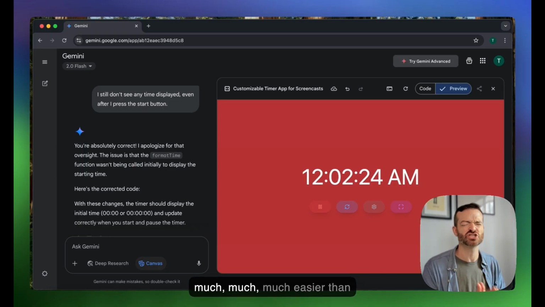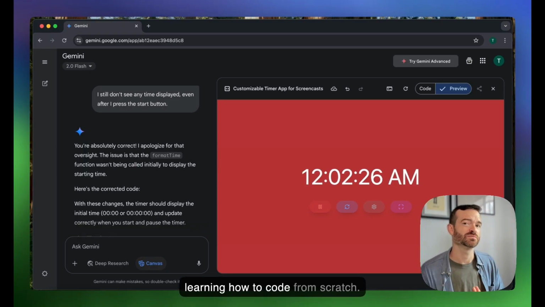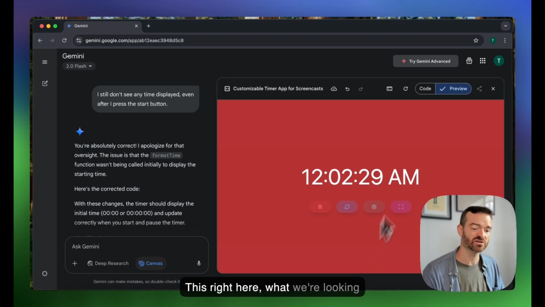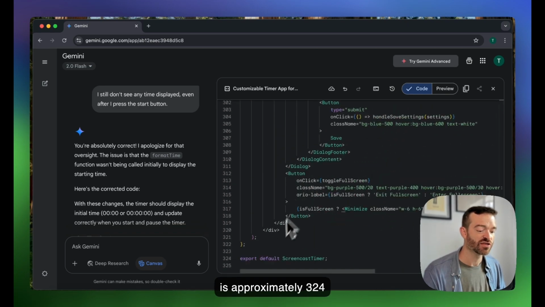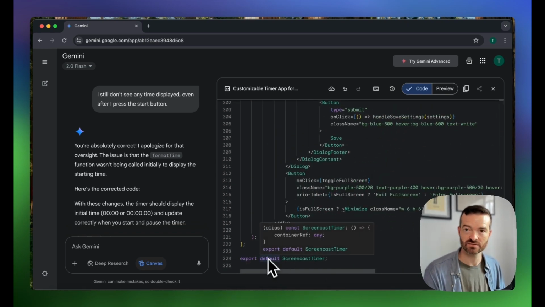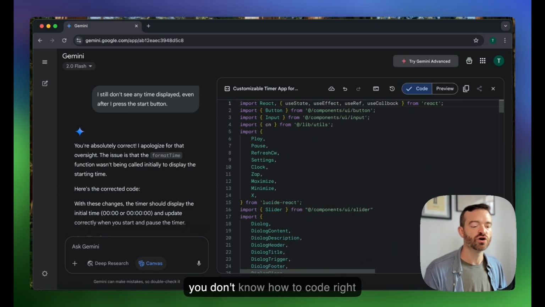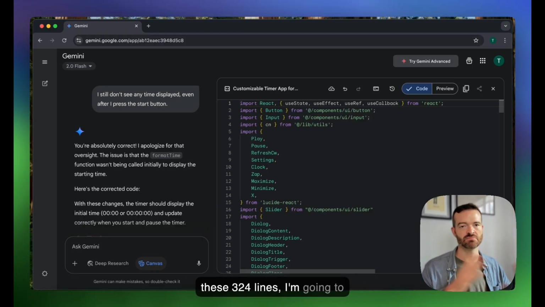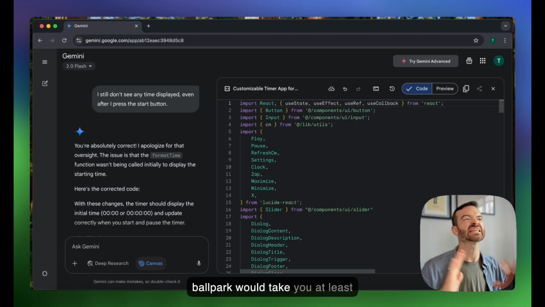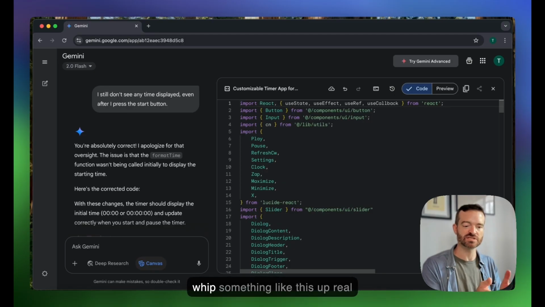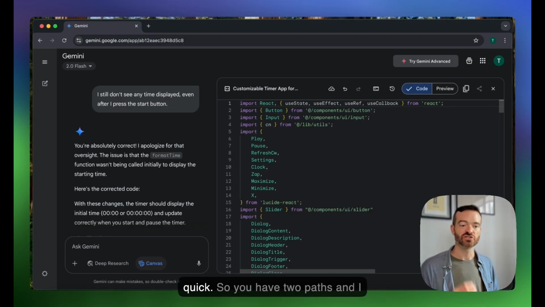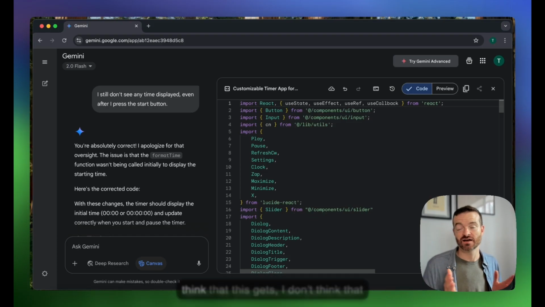This is much, much, much easier than learning how to code from scratch. This right here, what we're looking at, if we look at the code, is approximately 324 lines, right? If you don't know how to code right now, to learn everything that is in these 324 lines, I'm gonna ballpark would take you at least months, if not years, to be able to whip something like this up real quick. So you have two paths,